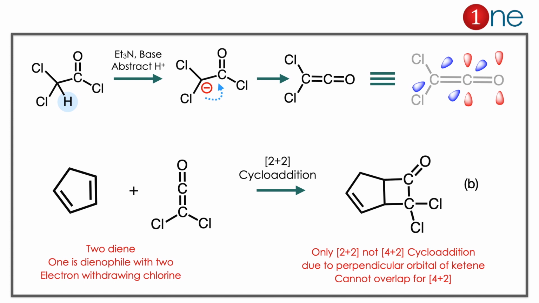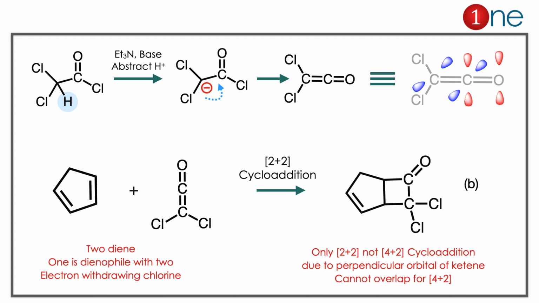Next step, this ketene reacts with the cyclopentadiene. The important thing is it will form only a 2 plus 2 cycloaddition. There are many possibilities: 2 plus 2 cycloaddition and 4 plus 2 cycloaddition, and you have C double bond O and C double bond C. Here let us analyze the possibilities. Cycloaddition reaction always occurs between diene and dienophile. So the reaction center is definitely the C=C dienophile. In cyclopentadiene there is a possibility of 2 plus 2 and 4 plus 2, but 4 plus 2 is not possible. Why? Because the ketene orbitals are perpendicular to each other, it will not allow the 4 plus 2 cycloaddition. It is a 2 plus 2 cycloaddition only.